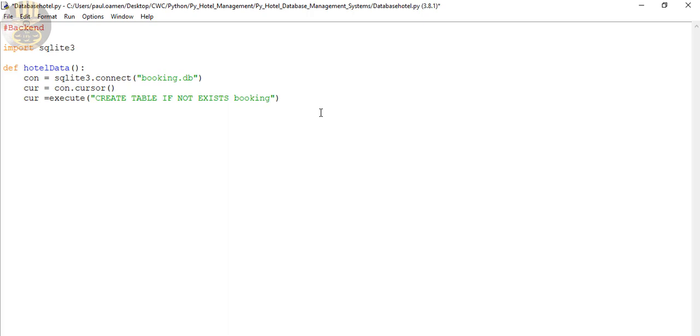Okay, and I'm going to have an ID for it. ID is going to be integer. Let's put that in lowercase. Right, and the integer is the primary key,